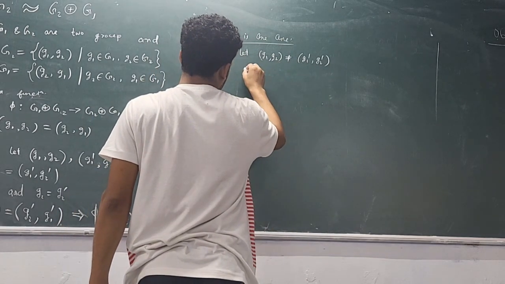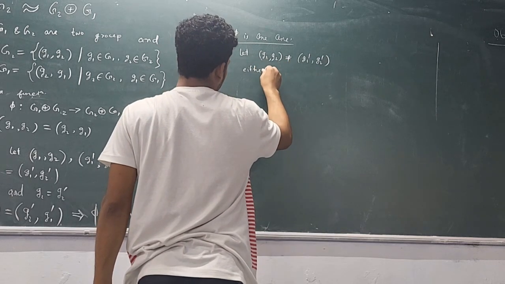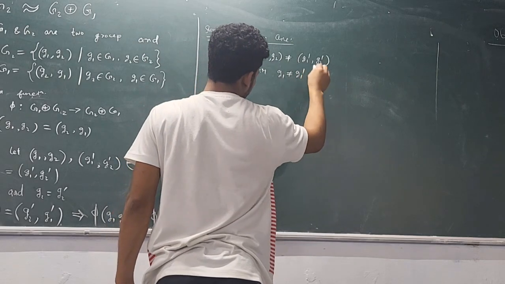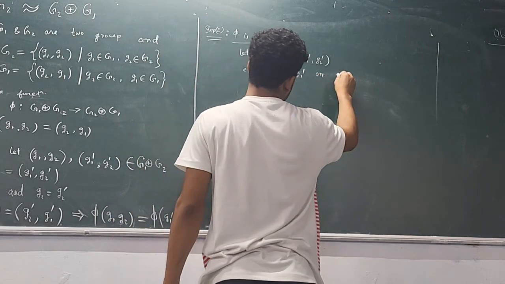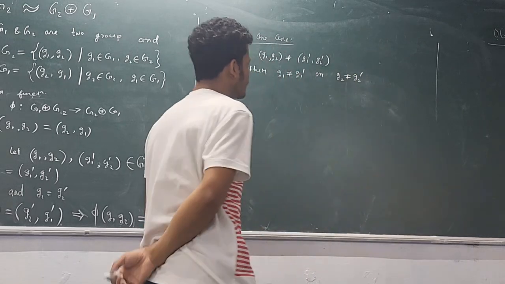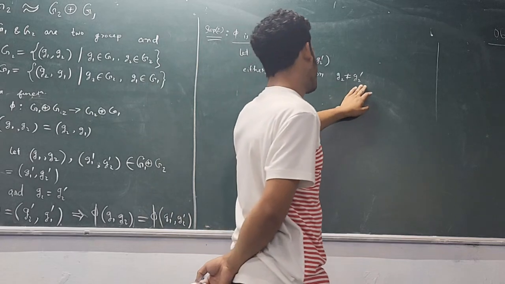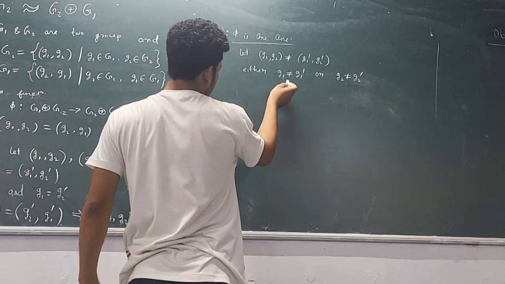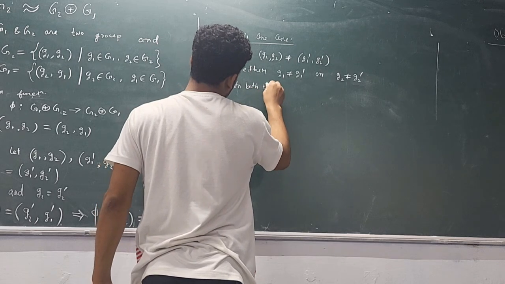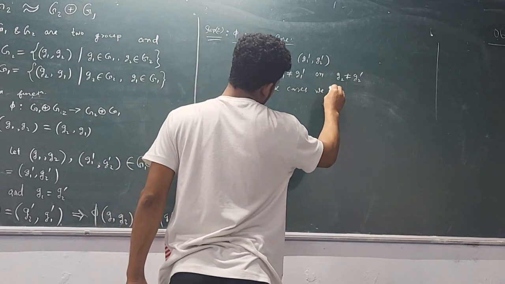So this means if these two are not equal, that means either G1 is not equal to G1 dash or G2 is not equal to G2 dash. If G1 is not equal to G1 dash, G2 is not equal to G2 dash, in both these cases, we can write